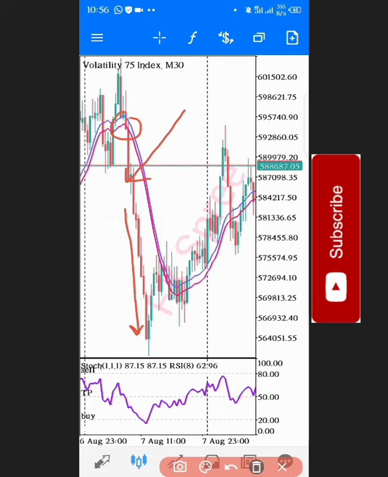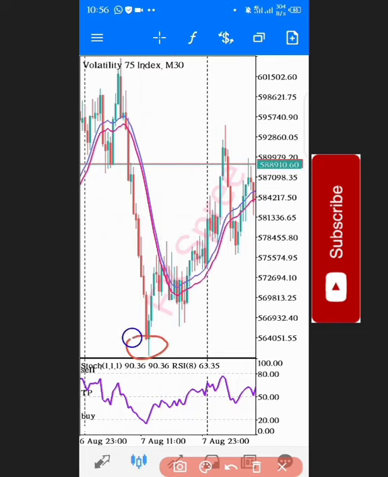All right. So if you want to buy as well, you discover that here we have the buy entry there, but we are not going to enter there because we have not gotten any confirmation. This is where you have the confirmation. See the crossover here. Can you see that? Then you wait at the close of the candle above, if it is sell, below; above is for buy. So you wait for this particular area here. You can see that is where you have your entry.